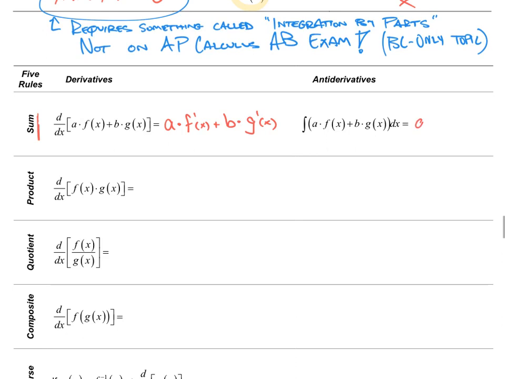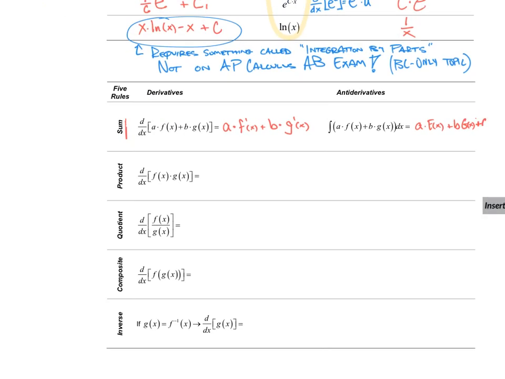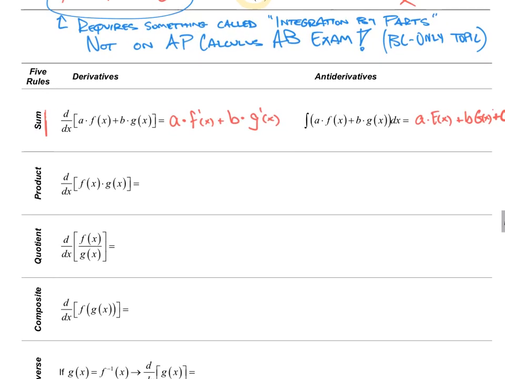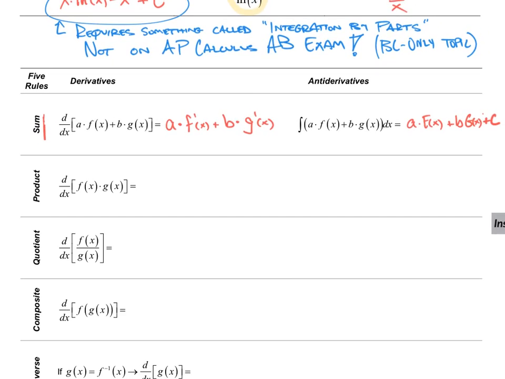If we call big F of x the antiderivative of little f, and we call big G of x the antiderivative of little g of x. Oh, look what I did not give myself room for here, people. Plus the constant of integration, that's better. Okay, now let's go ahead and